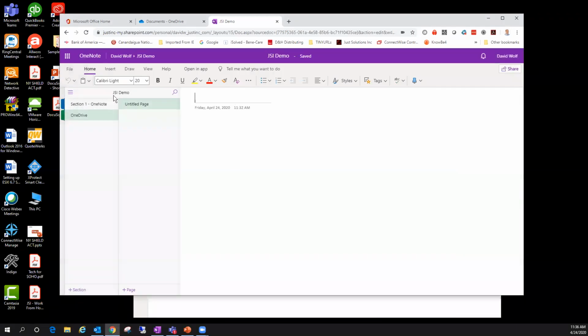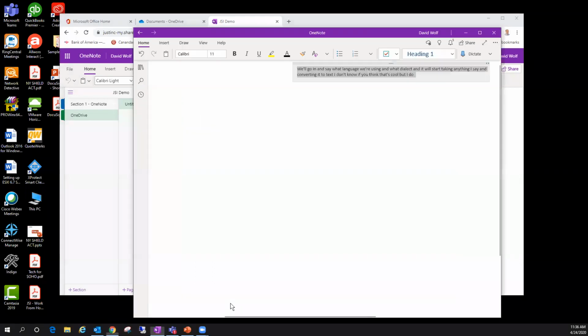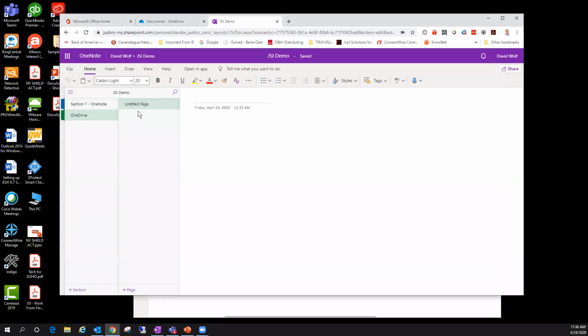You can jump between the products, as you can see I am, and I can literally come back over to my mobile app. I can open up on my mobile app my OneNote, and then I can even be updating and adding to this notebook from my mobile app. And that's really kind of the power of this system, is the fact that while I'm doing this, I am literally jumping around from devices. So I go into the sections on my phone, and we have nothing in the OneDrive, and I can say